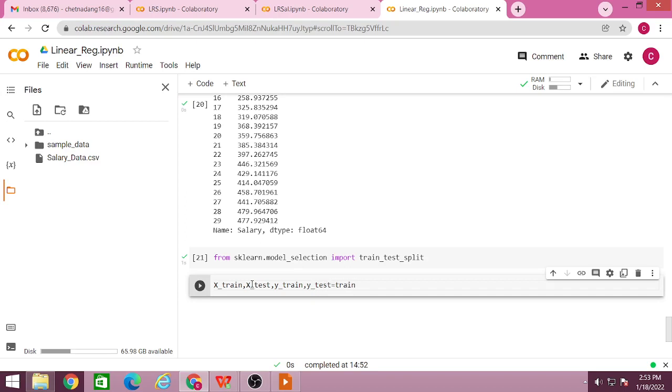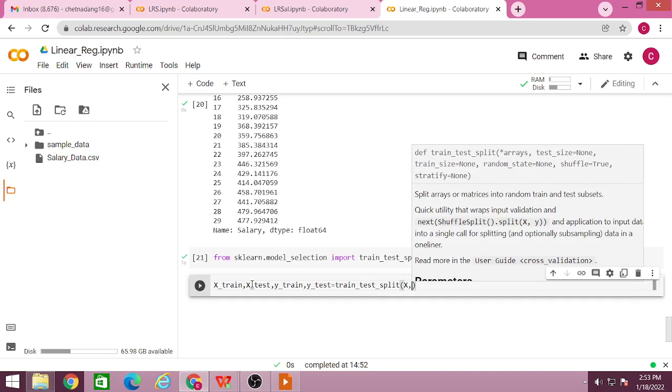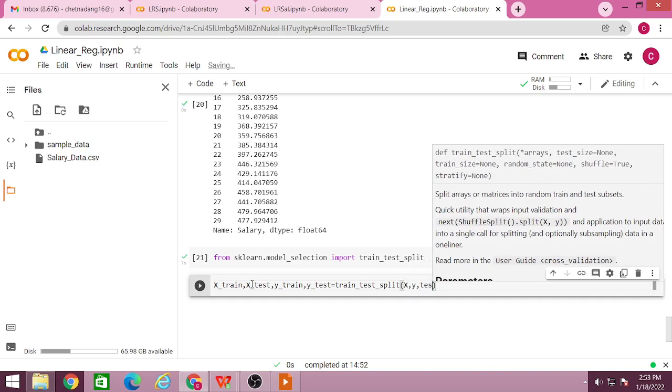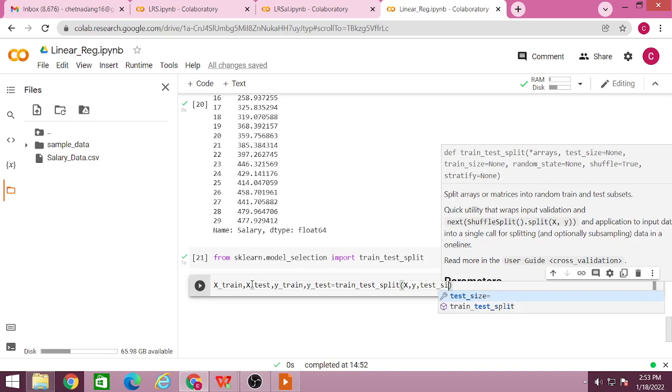Let's call the function train_test_split, and let's pass the parameters for the same. The first parameter is x, the second one is y, the third one is test_size, because I want to split it into a 70-30 pattern. So here I shall pass 0.33, and I shall also pass one more parameter, that is random_state,